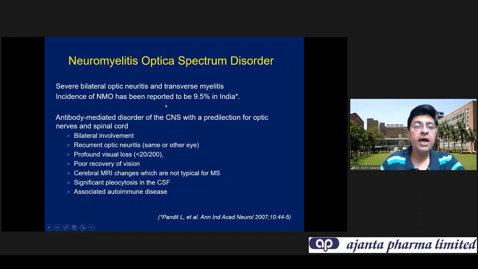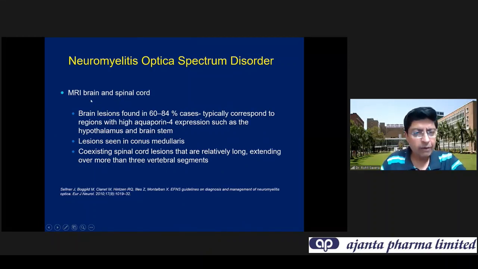So these are important understandings over time of our management of optic neuritis, and we'll just see how management has changed. So with NMO, earlier we used to say MRI may not be helpful or may not be necessary, only if you want to prognosticate about multiple sclerosis. But now, MRI has been helping us to identify NMO, or at least give us a suggestion whether it's NMO or typical optic neuritis with or without risk of MS. So that is why MRI of the brain and orbits, and if required, spinal cord, has become a virtually mandatory investigation in any patient presenting with an optic neuritis.